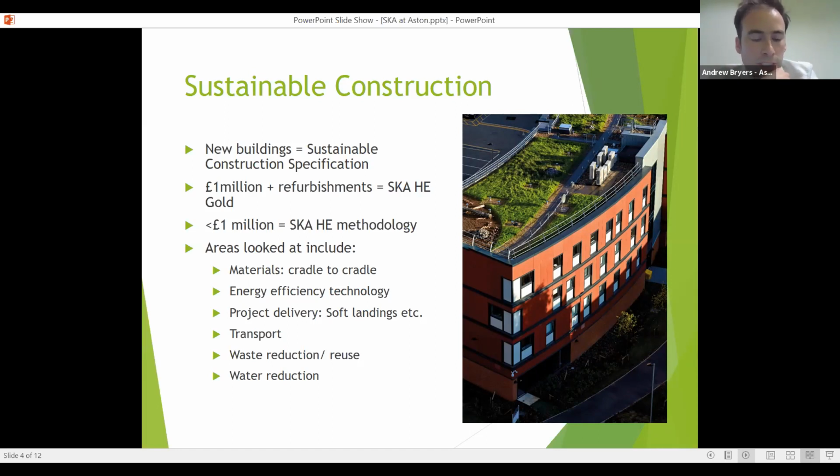We felt it was very good with our spec. And then when we looked at SKA, what would we get if we were just generally doing our spec? It was around a high silver, if not gold anyway. So we thought we might as well aim for gold, because we would be doing it no matter what, and it helps support